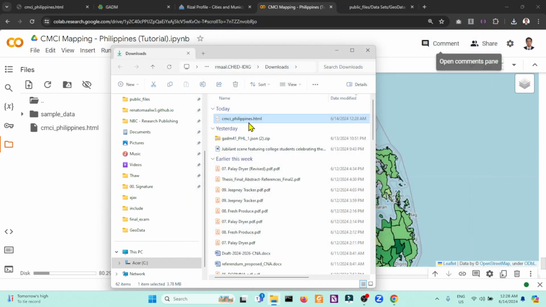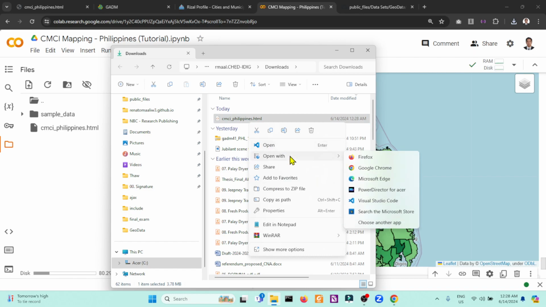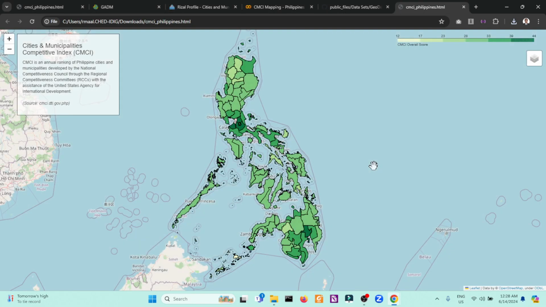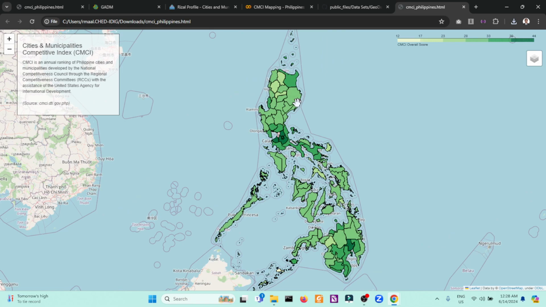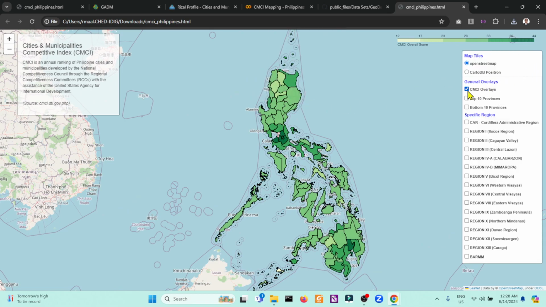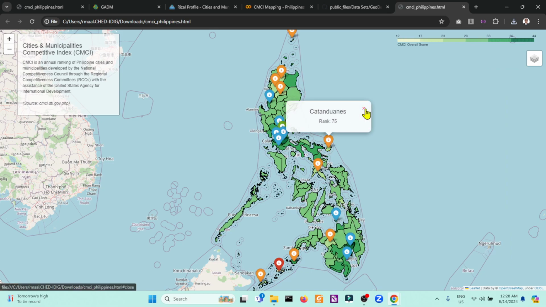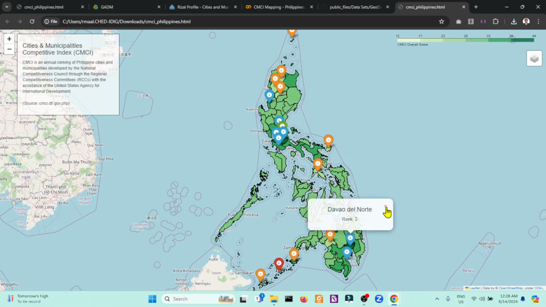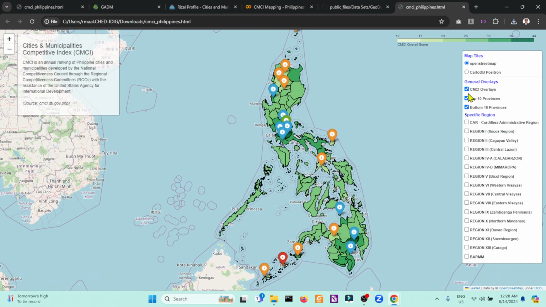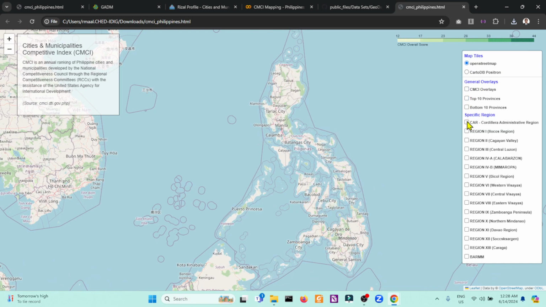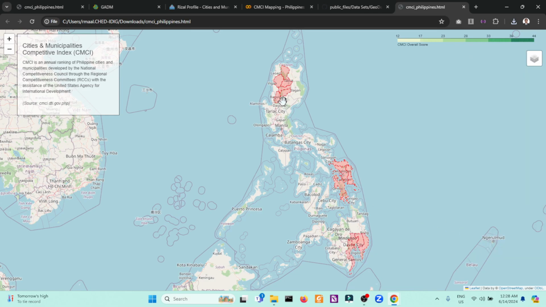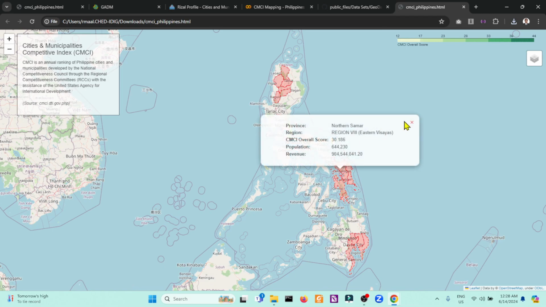This is the code. I need to open this one in Google Chrome. Even without internet, if you downloaded this map, it will survive on its own. So pretty neat. For me, it's a very useful map, which identifies the region and also displays the CMCI index.